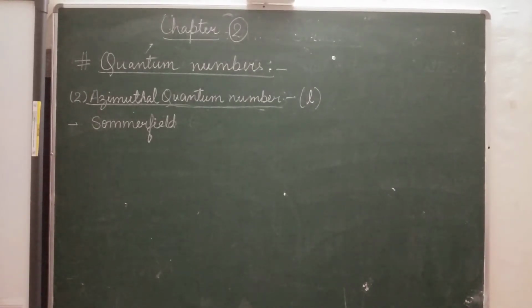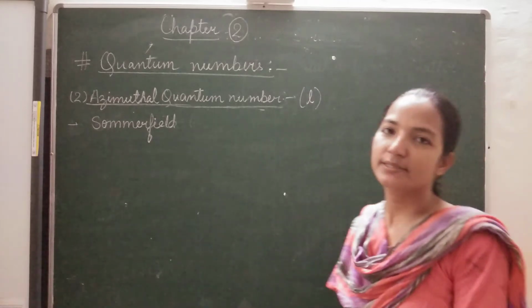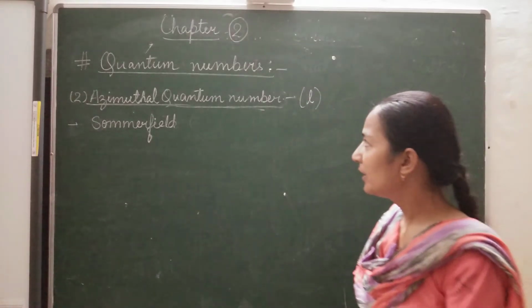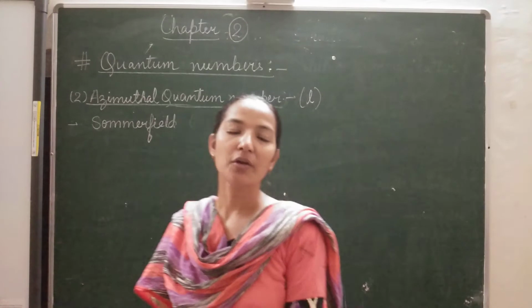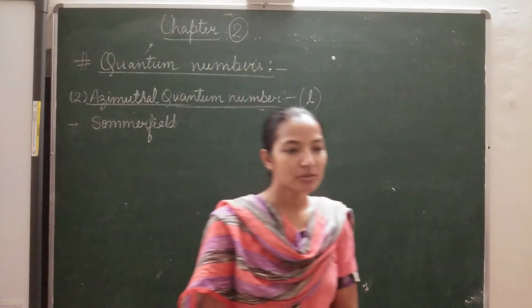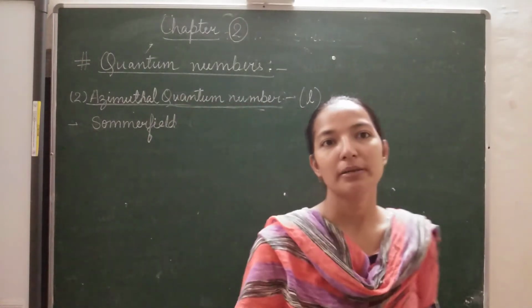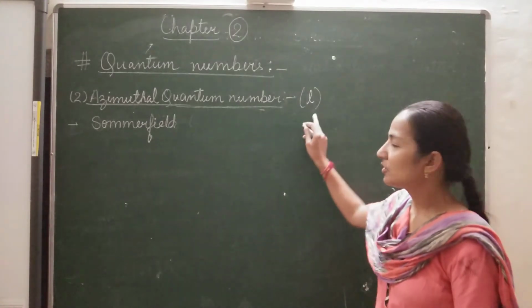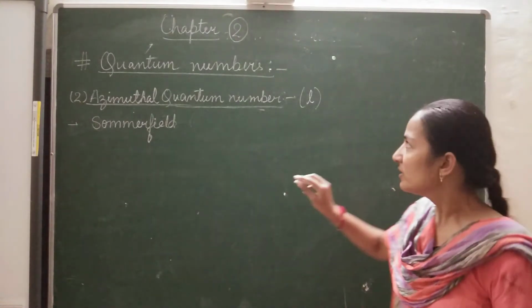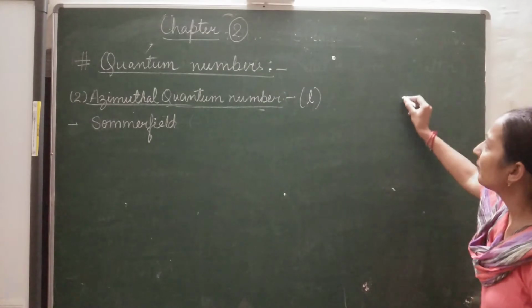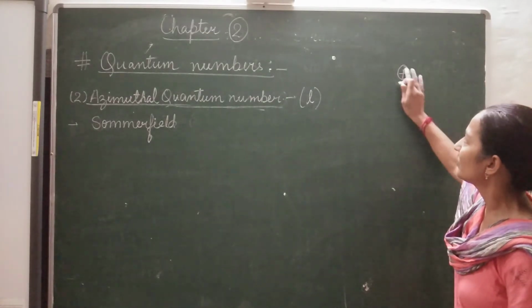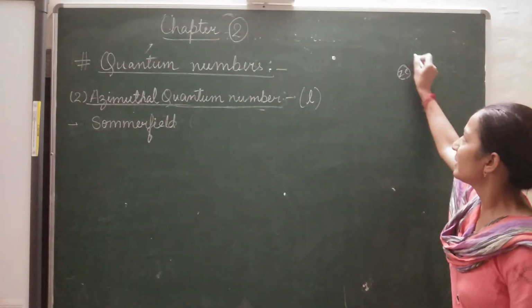Now the next type of quantum number is the azimuthal quantum number. It is also called the secondary quantum number, or the subsidiary quantum number. It is represented by L. Here we will draw a diagram: this is a nucleus, with charge Ze plus, and these are